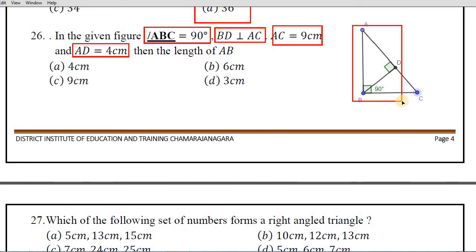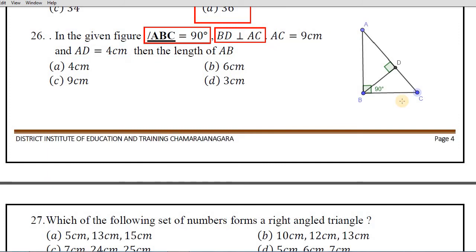So these two triangles you consider and write the ratio like this, children. Why have I considered these two triangles only? See the values that are given and see which value you need to find. So hence you wanted to compare the triangles ABC, that is the main triangle, and the other triangle is ADB. So after taking these two triangles, write the ratio like this: AB by AD equals AC by AB. Again I'll repeat, children: AB by AD equals AC by AB.